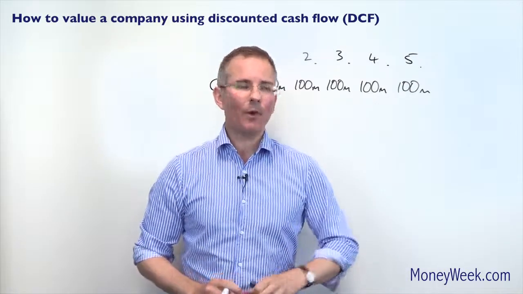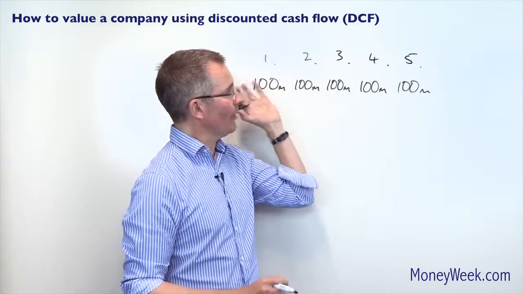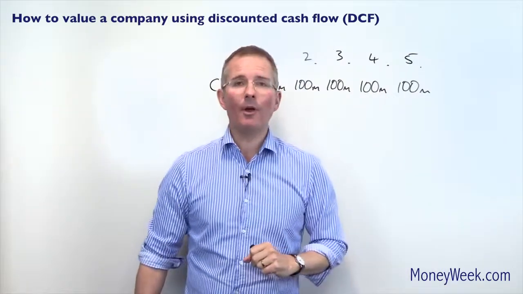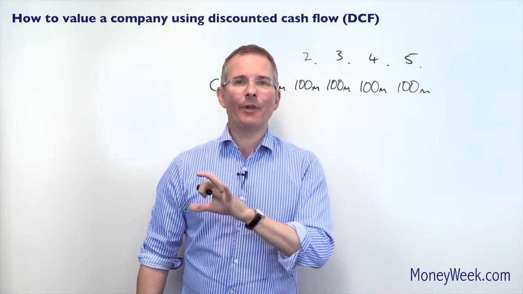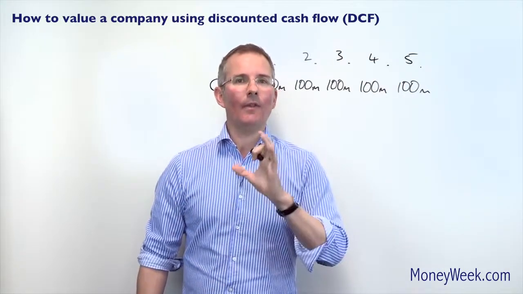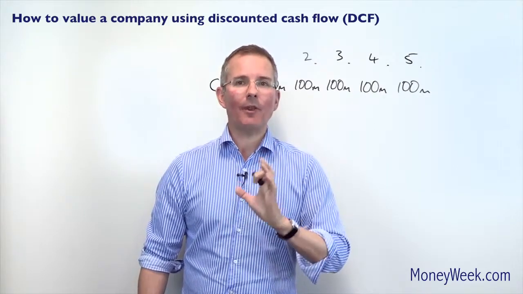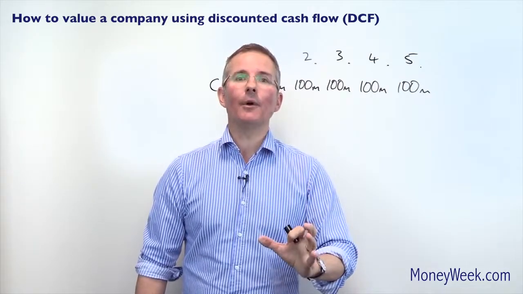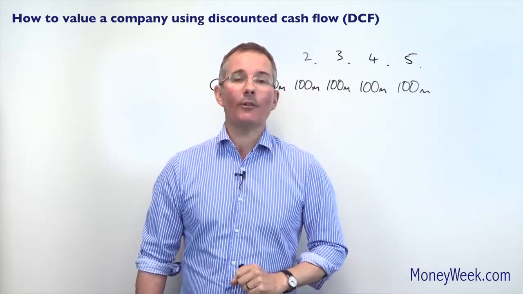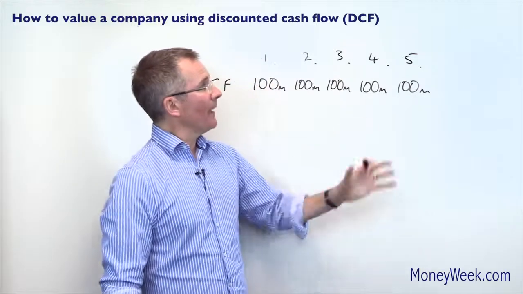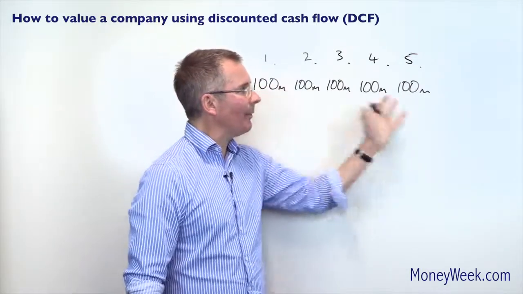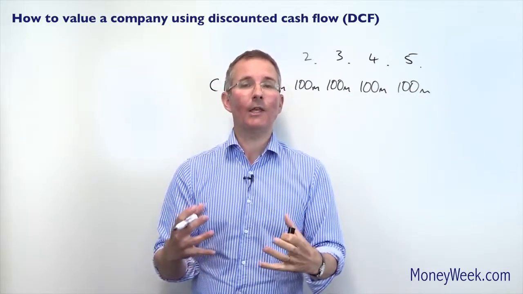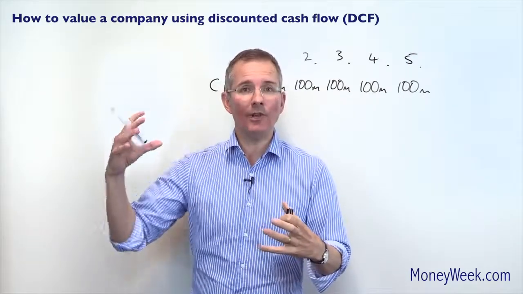Because straight away you've got a problem, which is, if you've got your forecasts right, let's assume you have, is 100 million in 5 years' time worth as much as it is received in 1 year's time? And the answer is no, because inflation erodes the value of money over time. Now, this is not a maths video, and I cover sort of discounting somewhere else, which I mentioned at the end, but what I'm about to say is you can't just add up these 100 millions and say, well, the company is worth 500 million. That's the value of the income it generates, because you need to do something called discounted, hence the expression DCF,